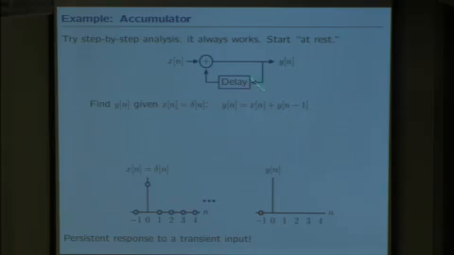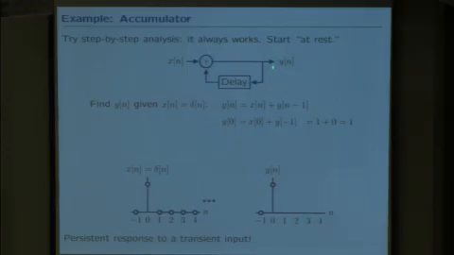Well, the answer we can figure out by doing it step by step. Imagine that it starts at rest, so the output starts at 0. And now I just tick through the samples. When the first sample comes in, x is equal to 1. I'm thinking about the unit sample response. We call the delta function the unit sample. When the unit sample at time n equals 0 comes in, it has a value of 1. The 1 adds to the initial condition, which is 0, to give me 1. Then this output is 1.